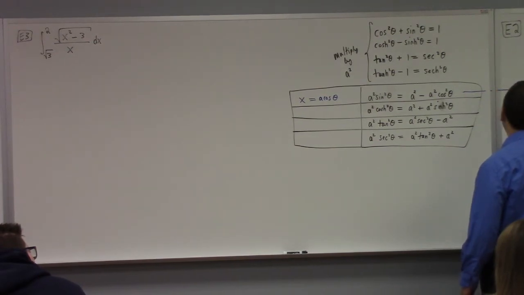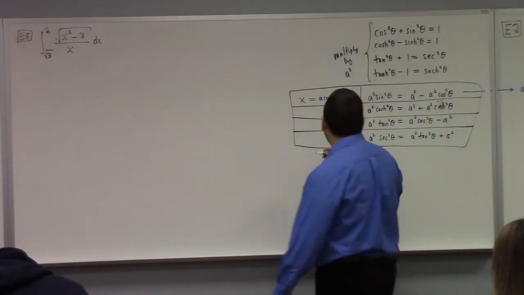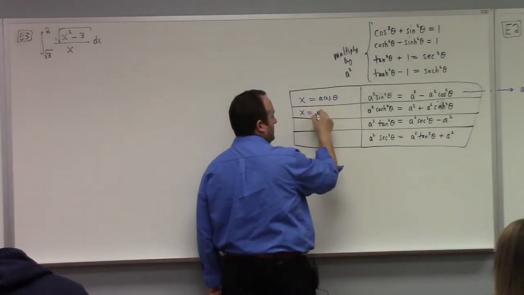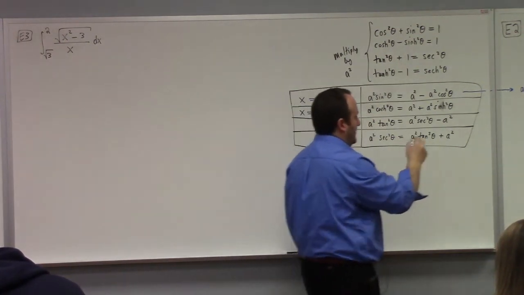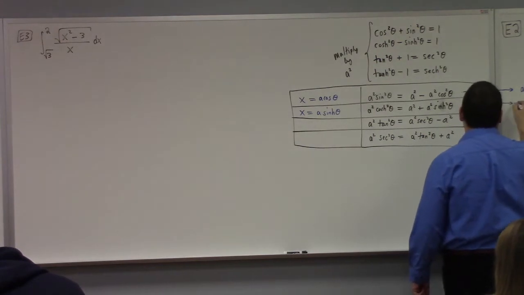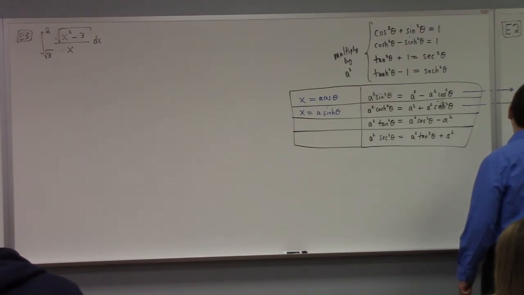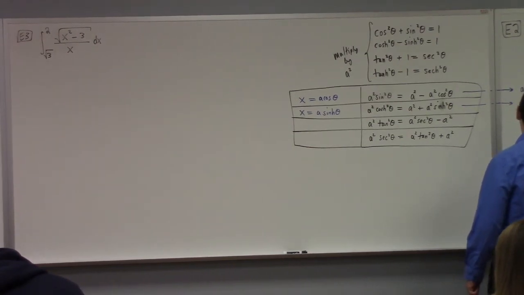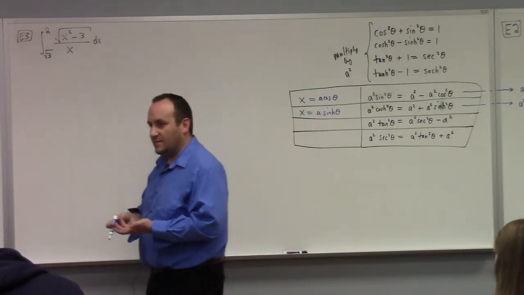A squared minus x squared equals to? A squared sine squared theta, right? If I put x equals to a sinh theta, that gives me the following pretty nice identity, which is that a squared plus x squared equals to a squared cos squared theta. The difference between what I'm doing right now and what I did last time is last time